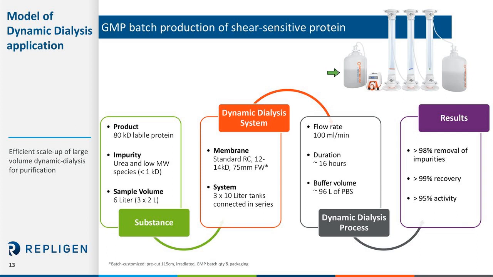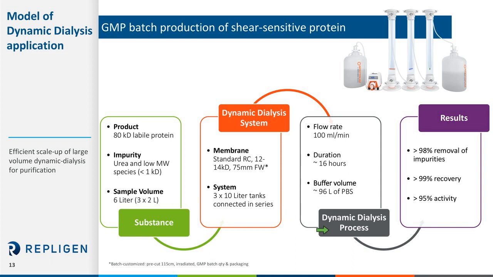So this is the system, and then the operation of it, we're going to flow at 100 mils per minute. So you don't need to have that flow rate too fast and unnecessarily spend buffer. You want to optimize the use of your buffer and conserve as much as you can. Then we're going to operate for approximately 16 hours, and after 16 hours we will consume approximately 96 liters of that buffer.